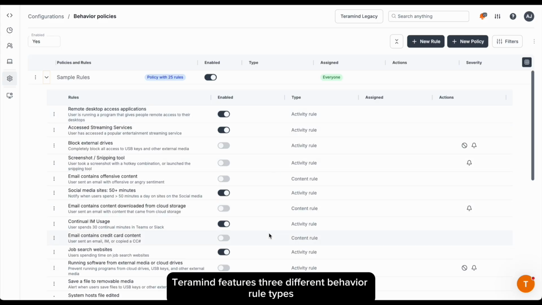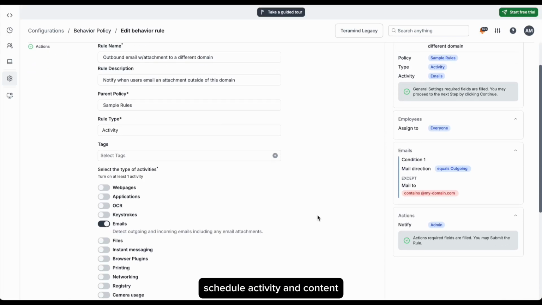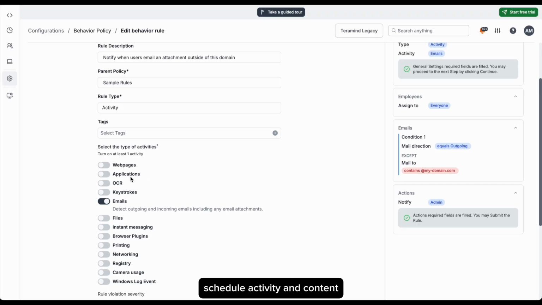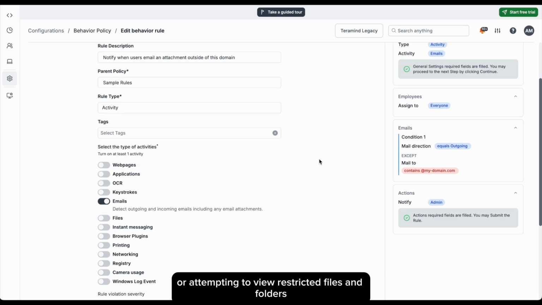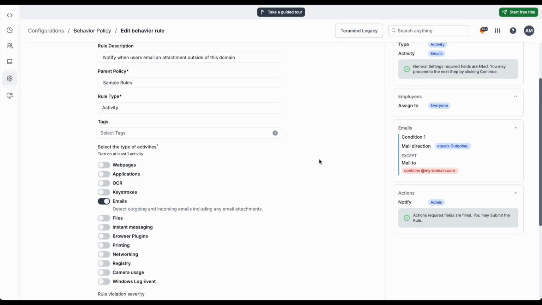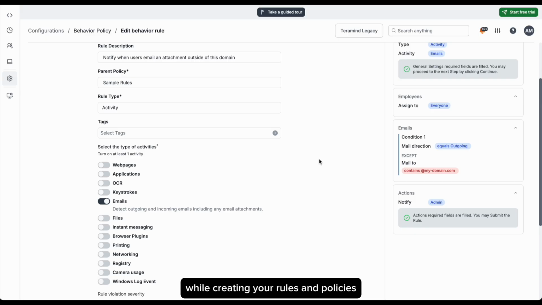Teramind features 3 different behavior rule types: schedule, activity, and content, all of which can be used to protect and optimize your business in different ways. For example, an employee is coming in early or staying late to conduct malfeasance, copying sensitive content to the clipboard, or attempting to view restricted files and folders. Creating and customizing one of Teramind's rule types can catch these activities and automatically respond